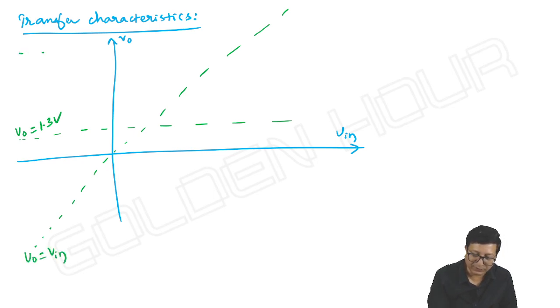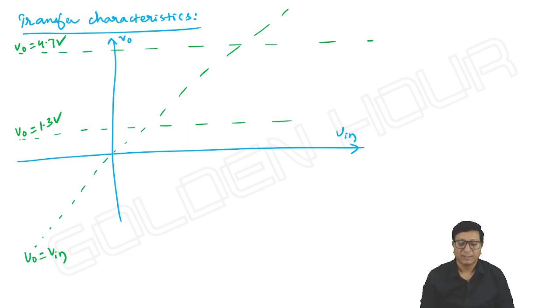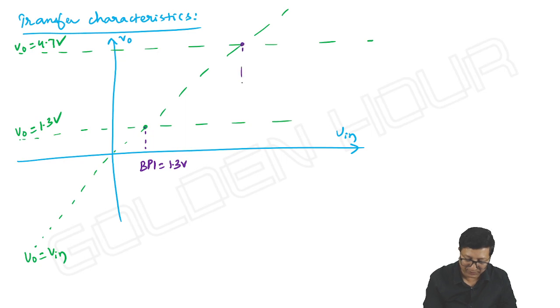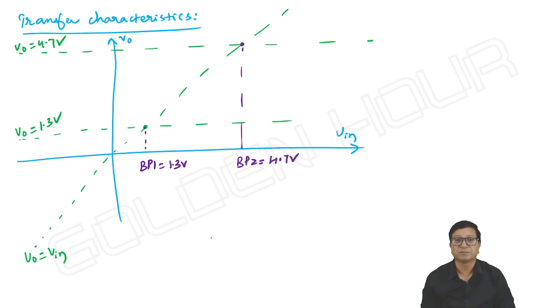The third equation is output equal to 4.7 volts. So the first point of intersection is breakpoint 1, whose value is 1.3 volts, and the second breakpoint is 4.7 volts. If V input is less than breakpoint 1, case 1 is possible, in which output is equal